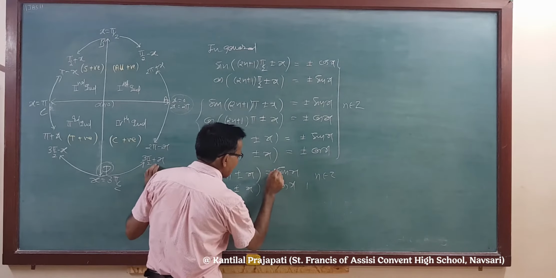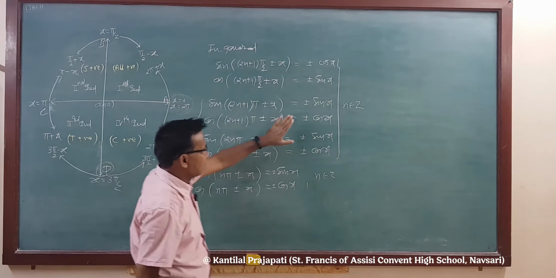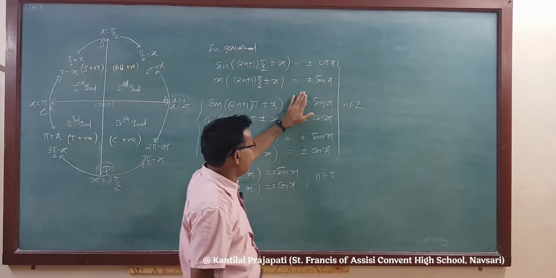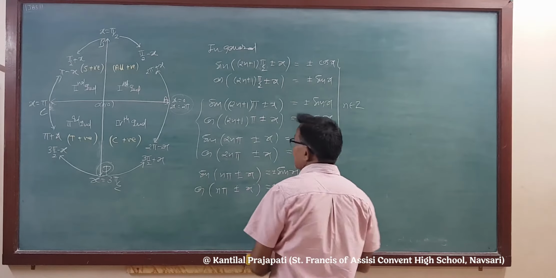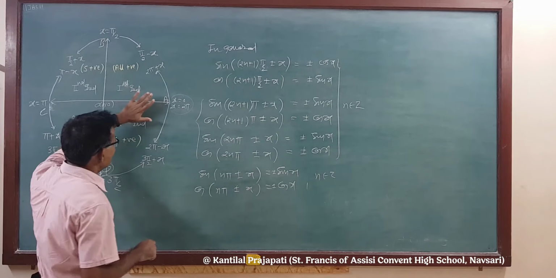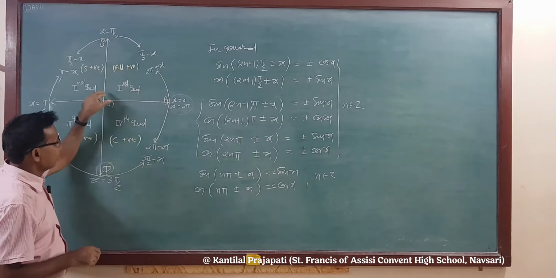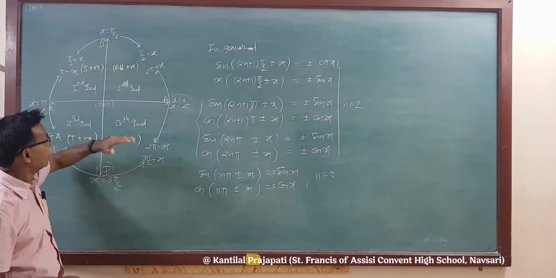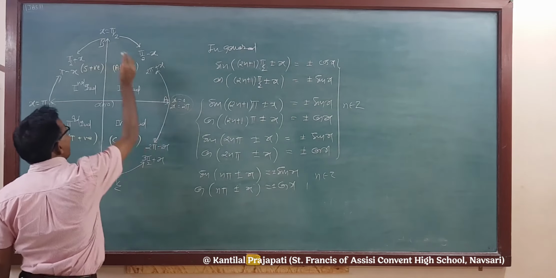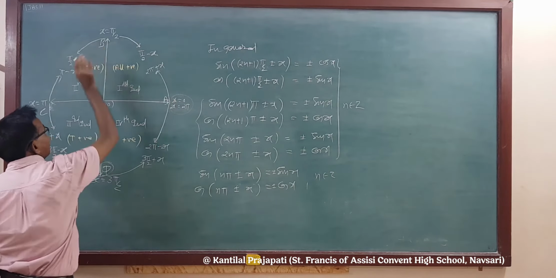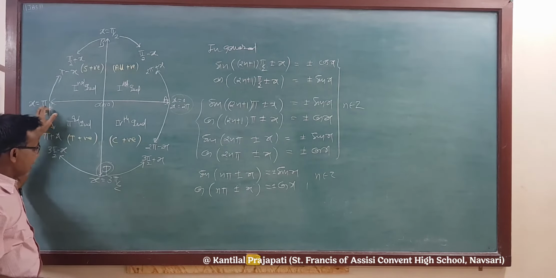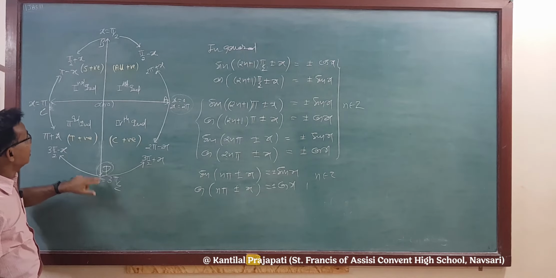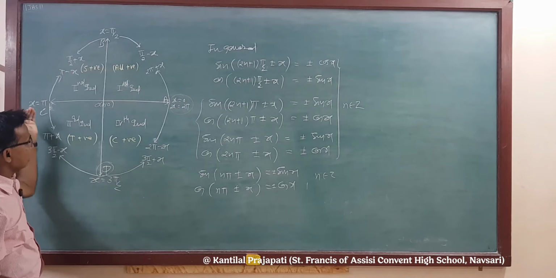This depends on the plus or minus here. The plus or minus sign always depends on the quadrant of the angle of the given trigonometric function, right? See here, to check the quadrant, come to the figure. We move from point A in clockwise and anti-clockwise directions. At first, x is equal to 0. At B you get x equal to π/2, the quadrantal angle. Then at C you get x equal to π, and at D x is equal to 3π/2. Now we move into a quadrant from the quadrantal angle, right?